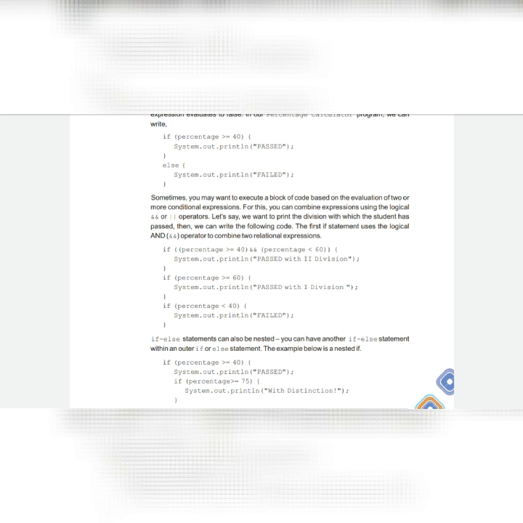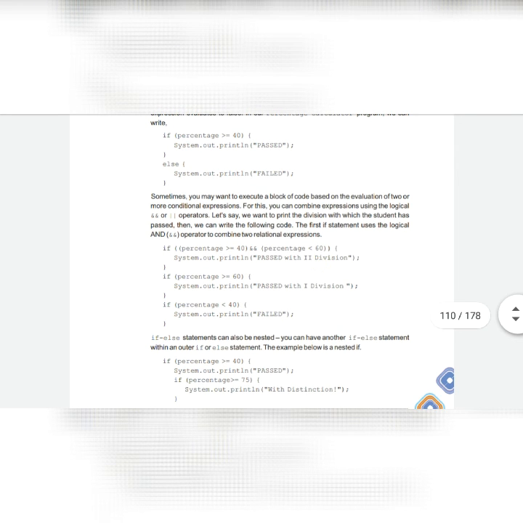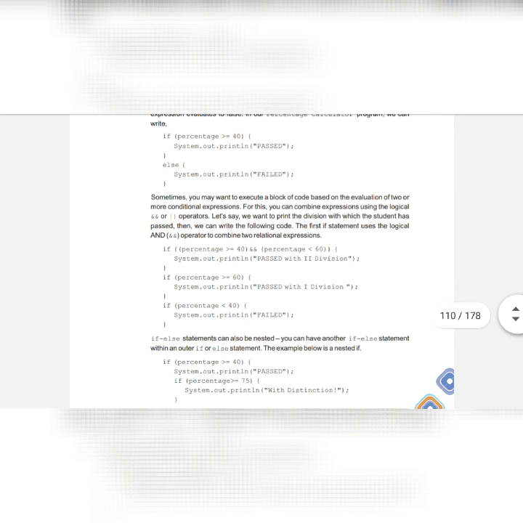Okay, now here what is happening, firstly it will check percentage greater than equals to 40 and percentage less than 60. It means कि if someone is having percentage 45%, that percentage is greater than 40 and less than 60. So in that case both the conditions are true.